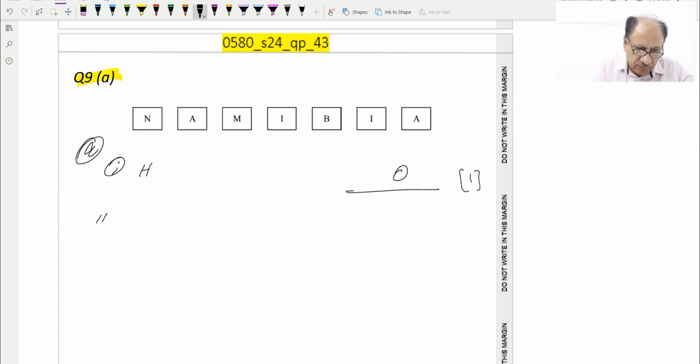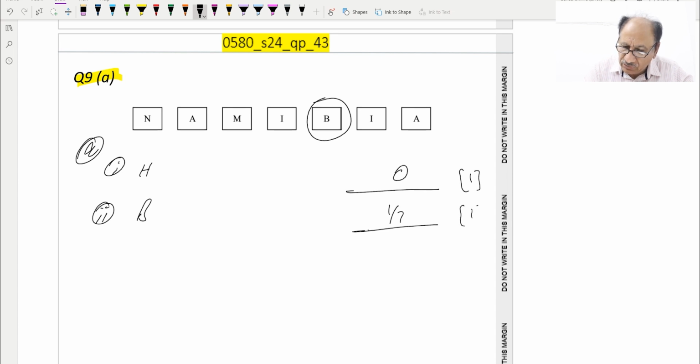And for the second one, the letter B, for B we have 1 B out of 7. So answer for this one will be 1 by 7. And this is also 1 mark part. Then for the B part, it says